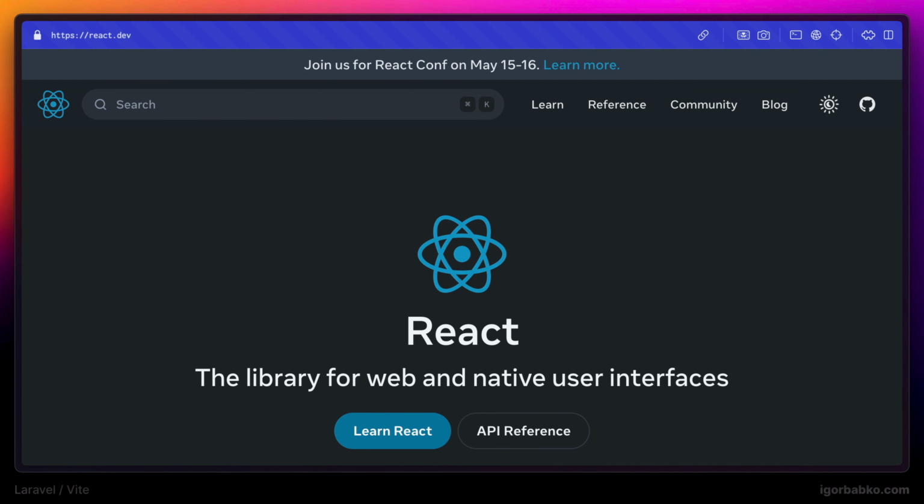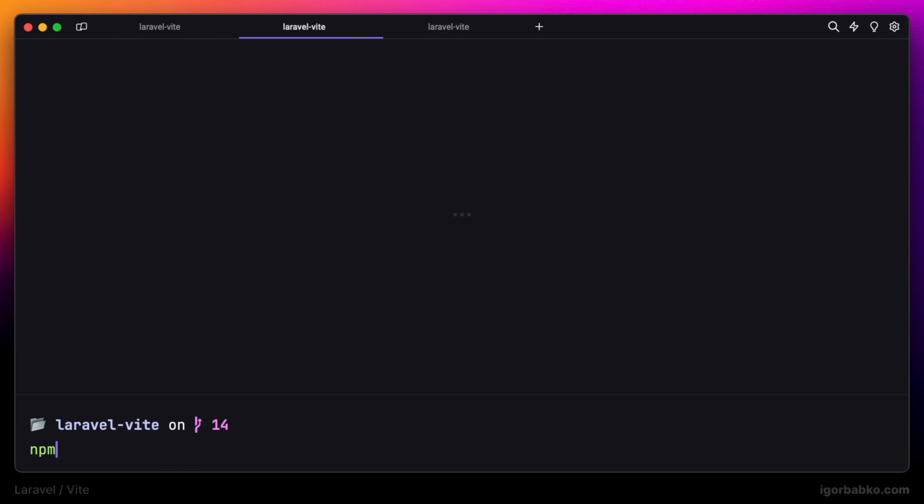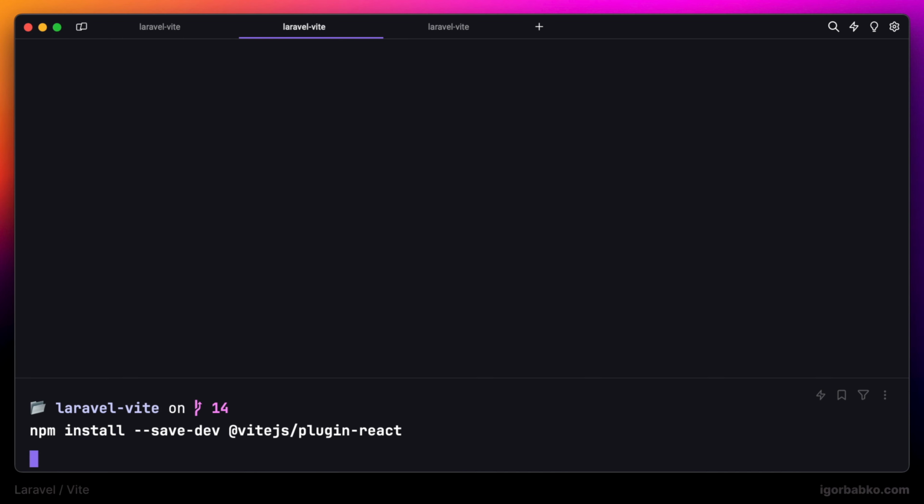In this lesson, let's review how we can integrate the React library into a Laravel application when using Vite. So first of all, we have to install React itself, as well as React DOM. And then we also have to install the corresponding Vite plugin that provides support for React. It is called plugin-react, and we are installing this dependency with the --save-dev flag since it will be